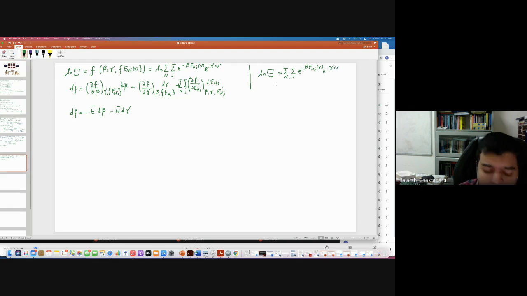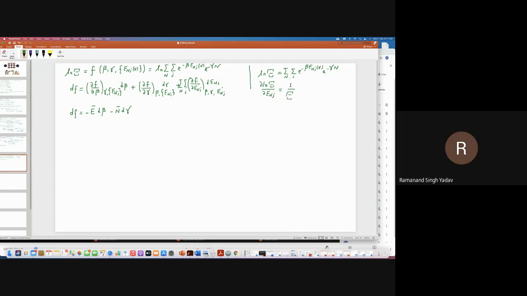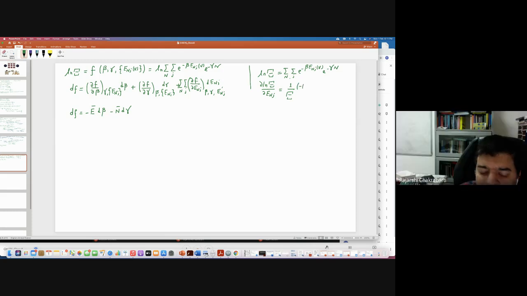This is a definition, no? Now you take a derivative of this with respect to what you are going to get. Tell me. You are going to get minus beta, I have 1 by kT, and then minus beta will come. What else? A particular NJ you are calculating, no? What are you going to get here? Tell me. You are going to get